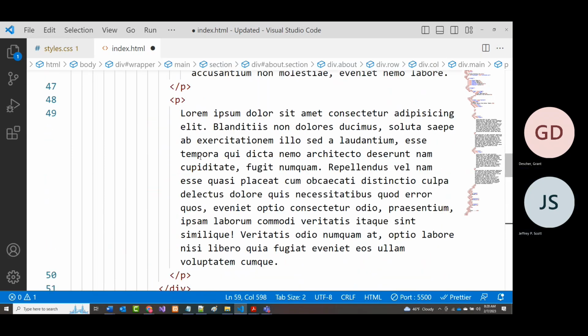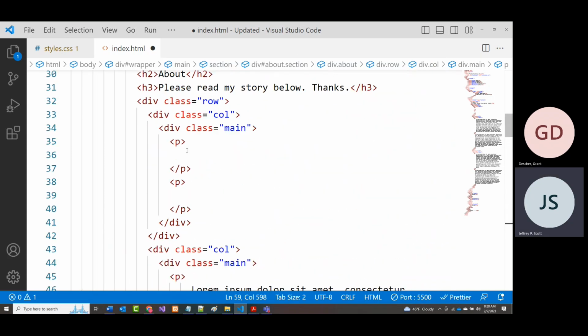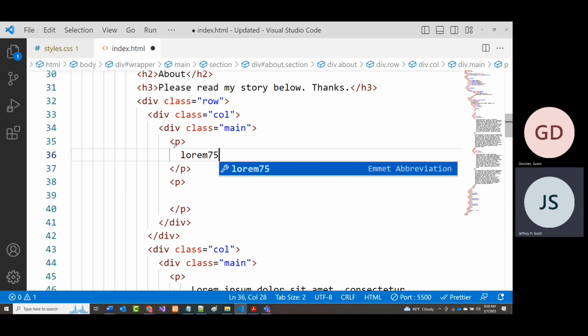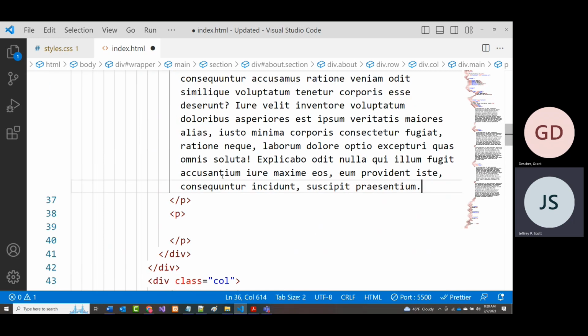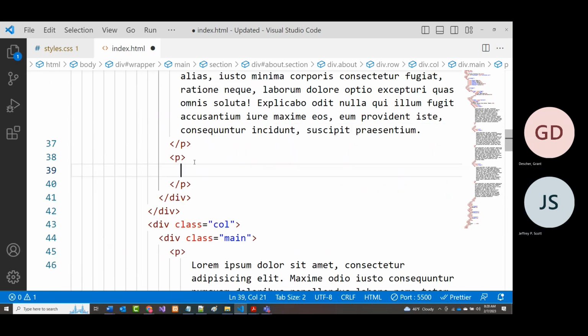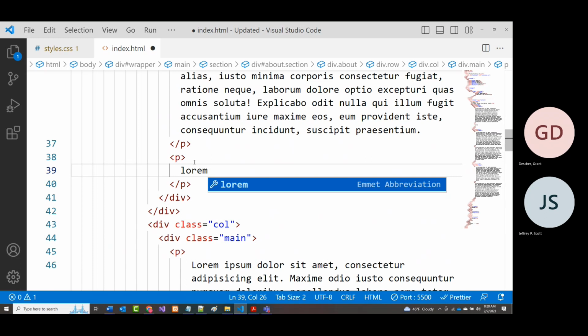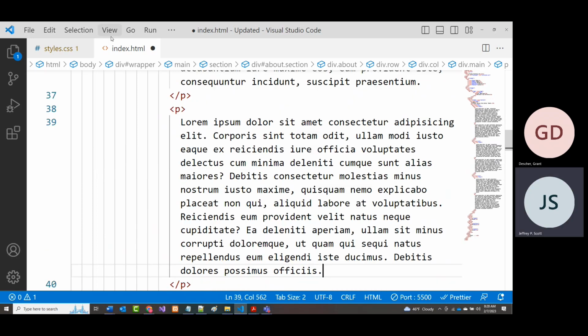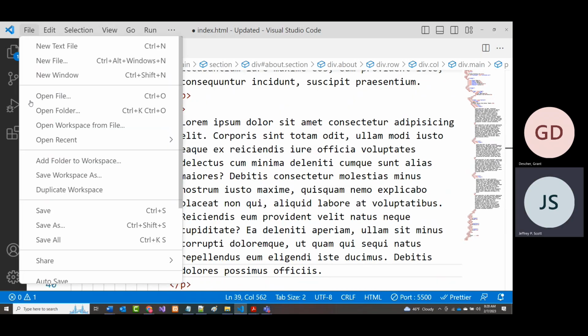I don't know. There we are. Put that back in here. So lorem 75 and 1 more time. All right. Now, if I save this right now,